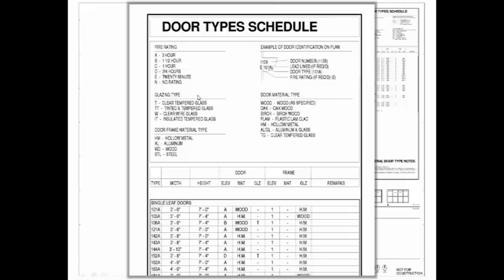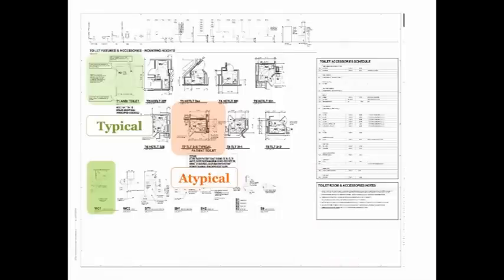We round it out with typical details and elevations. Again, you can look at this in a little more detail on the handout. We're also scheduling handicapped accessibility clearances and toilet accessories. This is actually from a project, but we drop in a toilet accessory schedule developed in 1996, updated a couple of times since then. Frankly, it hasn't changed. And we have a lot of typical vignette drawings of components, the elevations, a typical toilet,